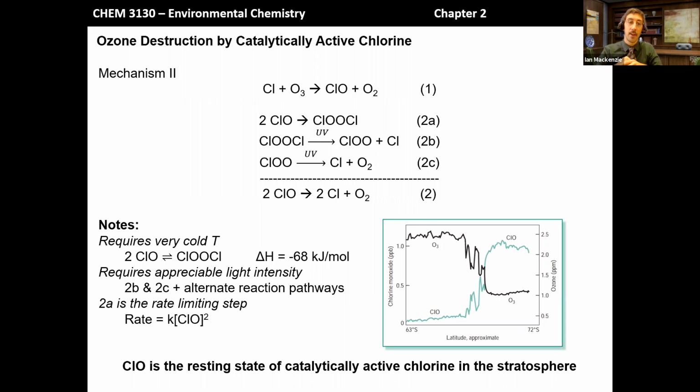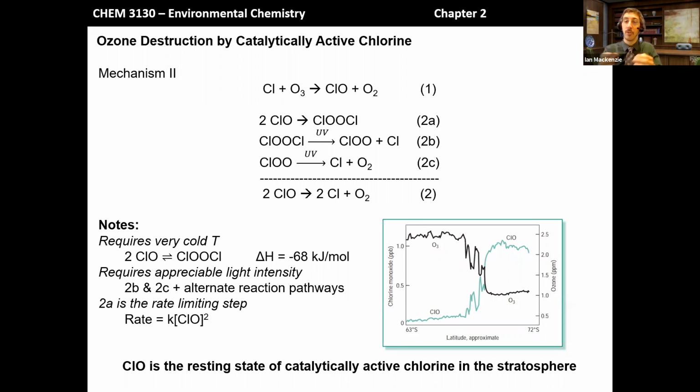It's because the turning back over of that chlorine monoxide is the slow step, then the catalytically active chlorine exists more in the chlorine monoxide state. So in this cycle, this is sort of the resting state. And if we take that information and measure the concentration of ClO, what we see is that there's a really nice anti-correlation between the concentration of ClO and the concentration of ozone as we